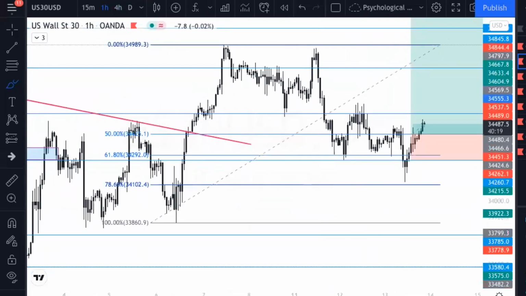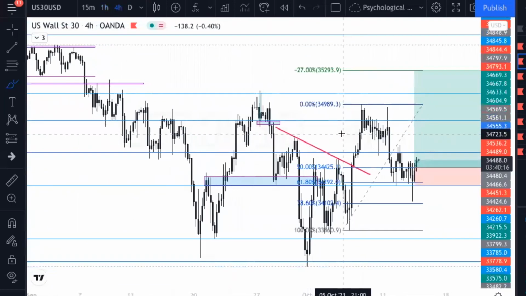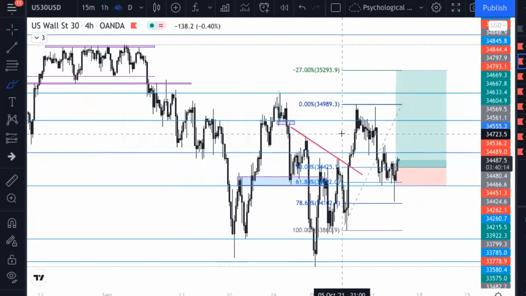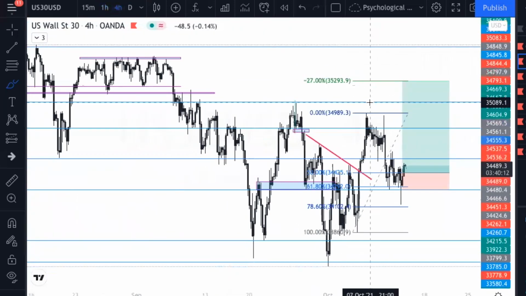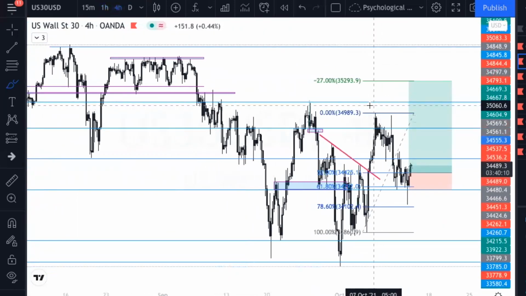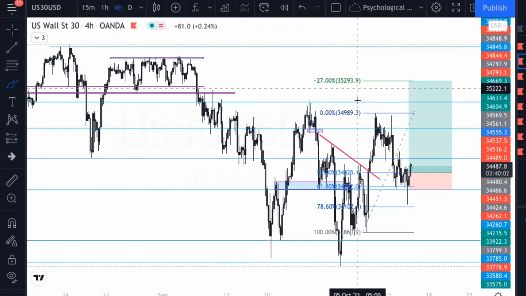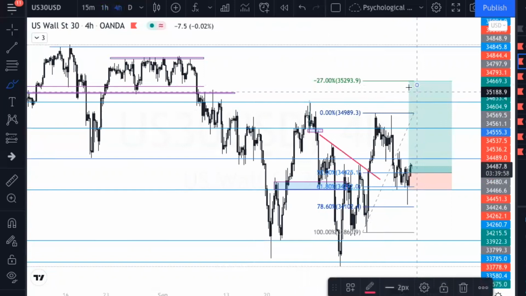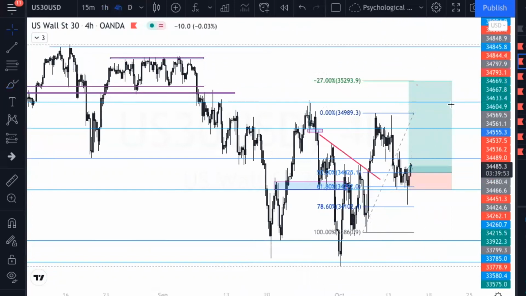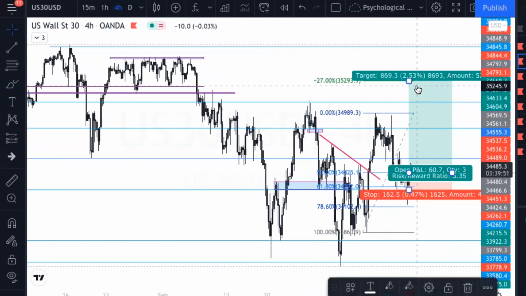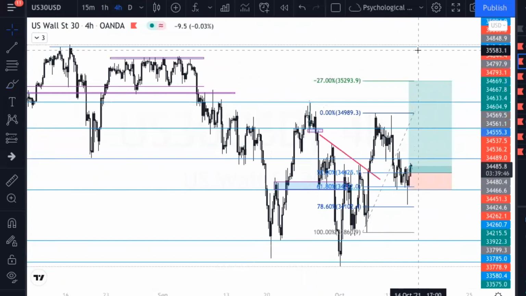So back to the 4 hour time frame, just to show you where the target area that I'm looking at is. So the target area that I'm looking at right now, ideally anywhere between the 0% area and the negative 27% area, anywhere between here. I do have price going all the way up to here, but to play it a bit more